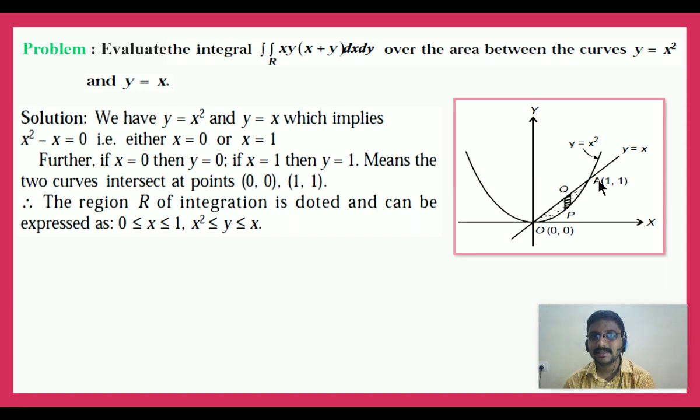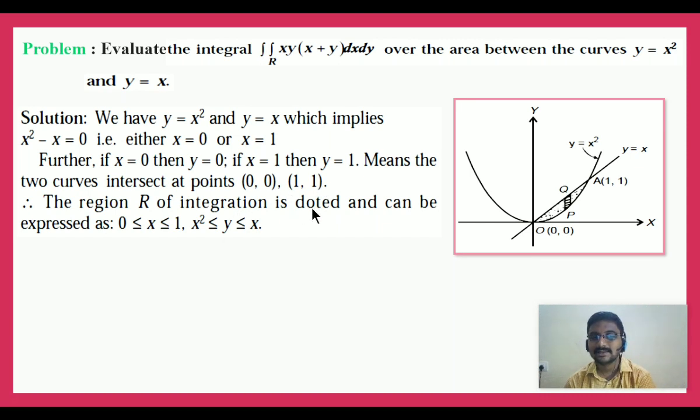These are the intersecting points of the curve and the line: the origin and 1, 1. These intersecting points are obtained by solving the given equations. Simplifying, we get the intersecting points by putting y as x in the equation, that is x square is x, which implies x square minus x is 0, which implies x is either 0 or 1. While x equal to 0, y is 0 square, that is y equal to 0. While x equal to 1, y equal to 1. So the intersecting points are 0, 0 and 1, 1.